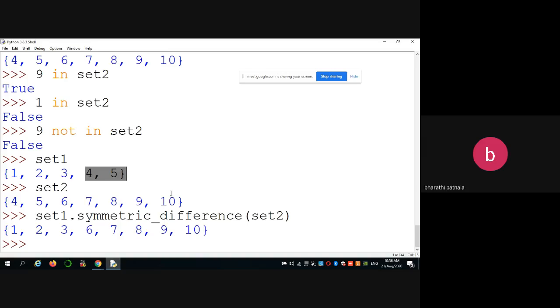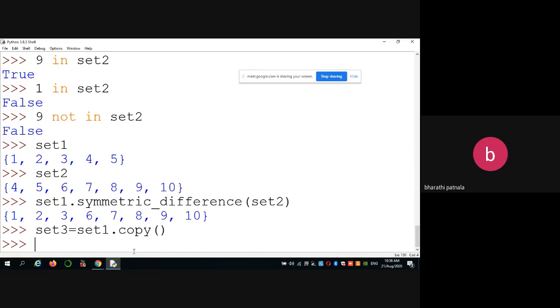Okay, one more thing, you can also copy the list of elements. For example, I want to create one more set, set 3. In that I am copying set 1. Simply you can write it as set 1 dot copy. This is called a shallow copy.